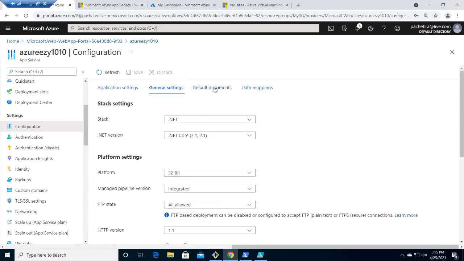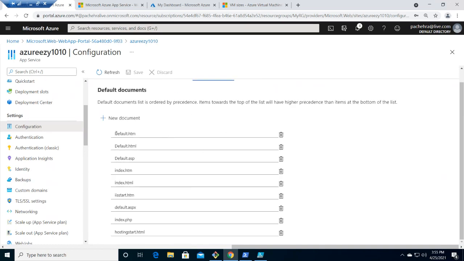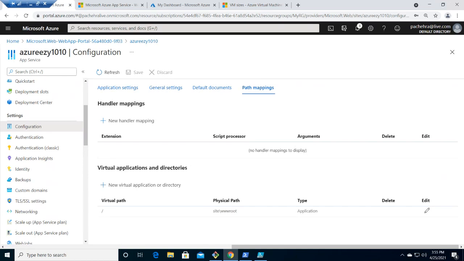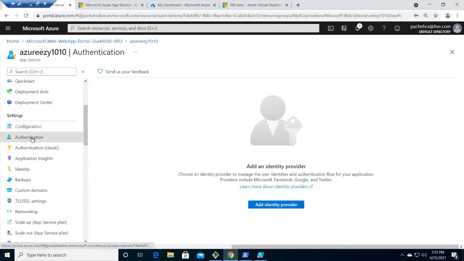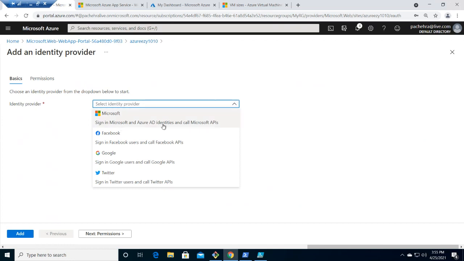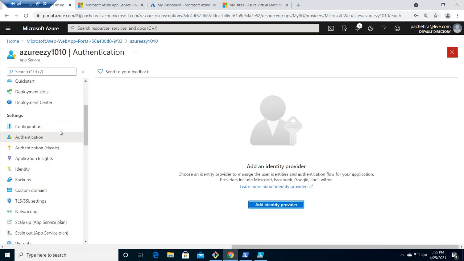And let's say the default documents, this seems very familiar, so it is exactly what you think it is. And here we have the path mapping, where you can map a virtual directory to a physical path. Now, this is the authentication that the slide was showing at the beginning, the different identity providers that you can use for your app services: Azure AD, Facebook, Google, Twitter, those things.